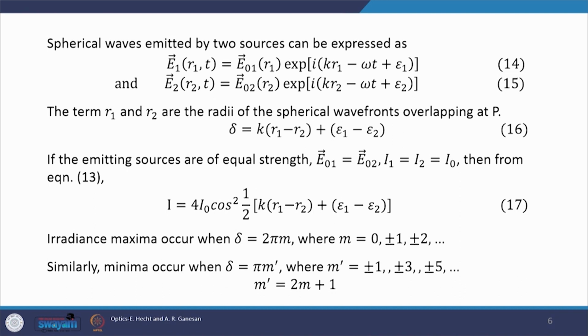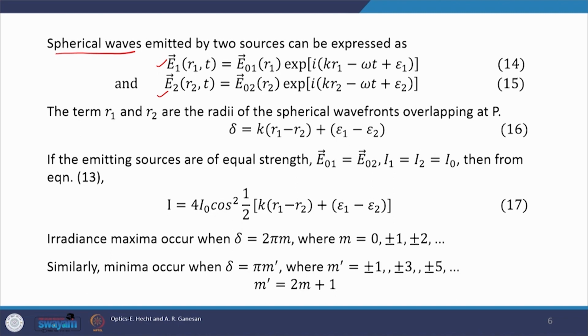Now, in case of a spherical wave, we will have to rewrite the expression for our field, the field which reaches the point of observation P. Here, for spherical waves emitted by two sources, we have rewritten the expression for E1 and E2. What are vector E1 and vector E2? These are the contributions from sources S1 and S2 respectively to the disturbance at the point of observation